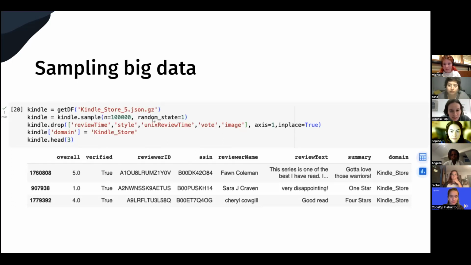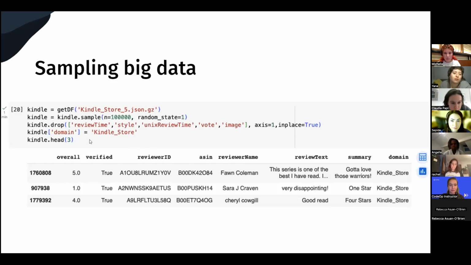Okay, this is just a screenshot of uploading the data to our Google Colab. If you remember, I said that we uploaded 2 documents for each product. So this was for the Kindle, for example. This is the full data set. So here you have a lot of columns. You have the overall rating, 5, for example, the ID of the reviewer. This is the name of the product,